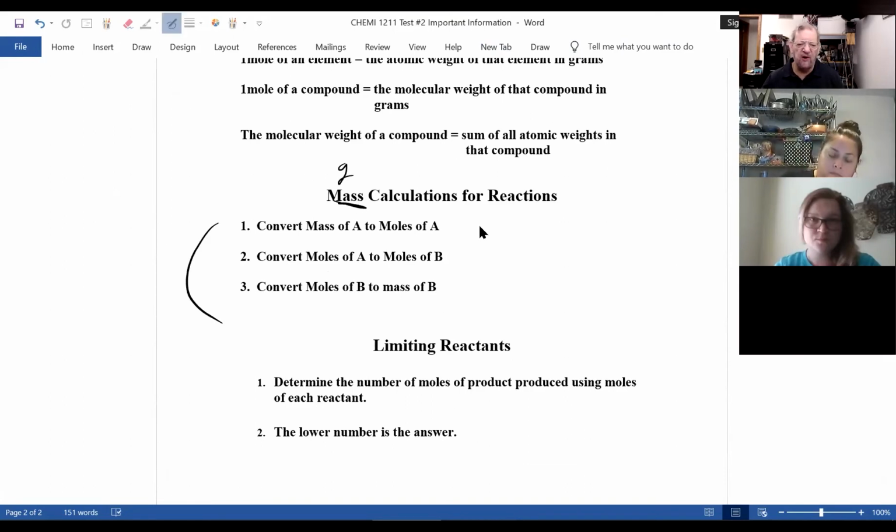First step, whatever you're given the weight of, you convert to moles. Second step, and this will be given to you. A long time ago, I used to make students memorize this. I don't now. Once whatever you got into moles of A, you convert to moles of B. And finally, your final answer you want in weight. So the moles of B you just found, you convert to mass of B, which we just did. So let's take a look at this.